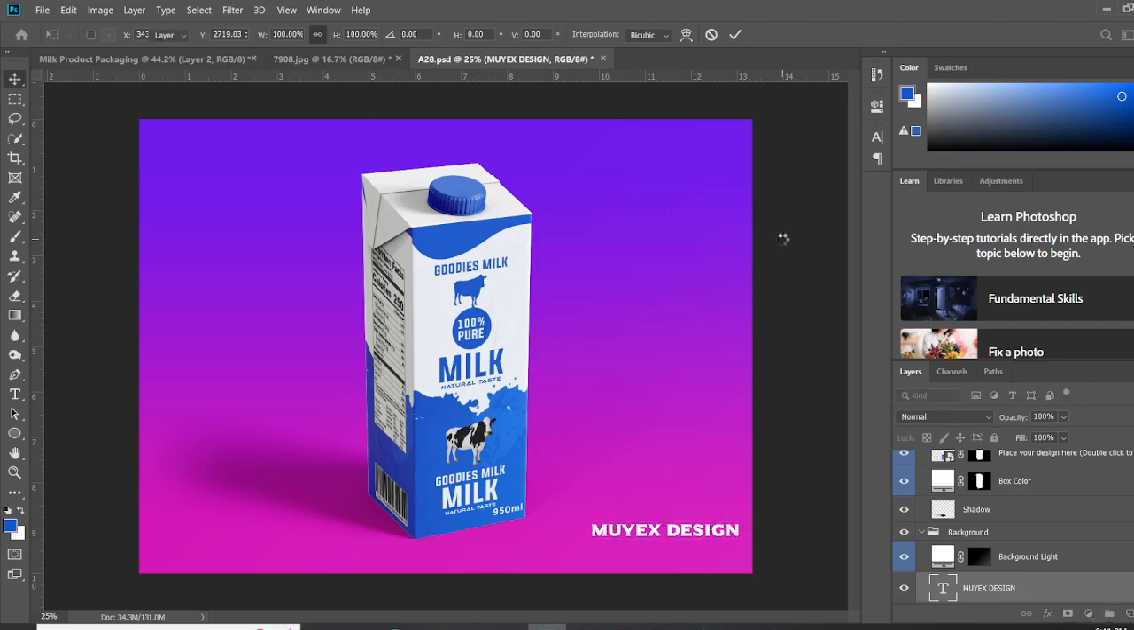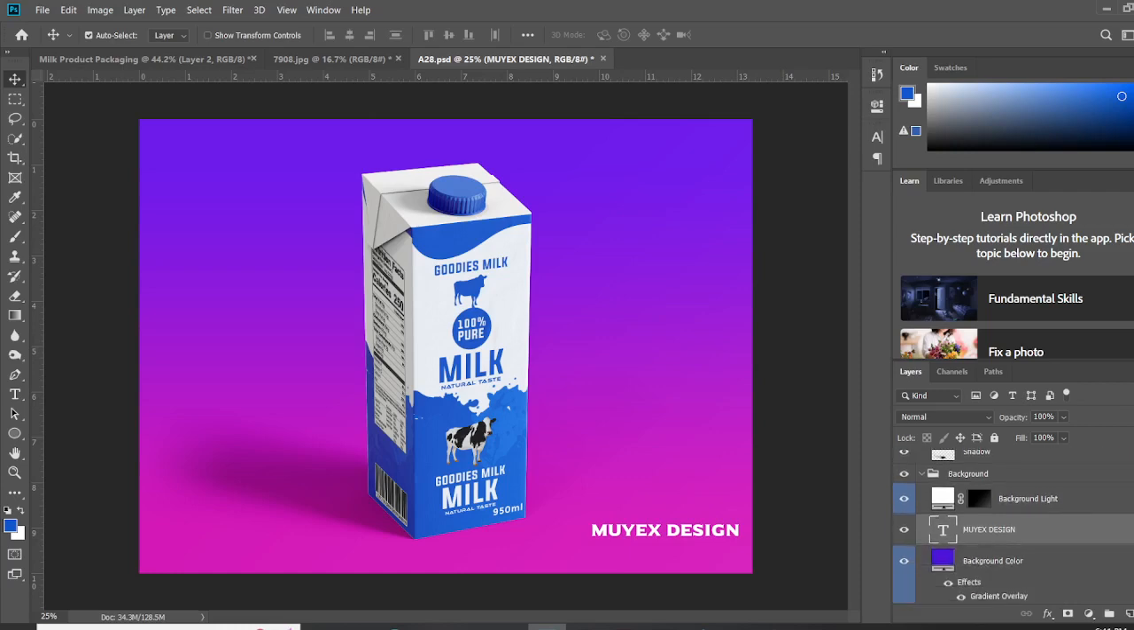Okay, look at what we have. And just, isn't this beautiful? All right, so the gradient as well. Let me show you something else. I just want to show you different things. Once you click on the gradient overlay,